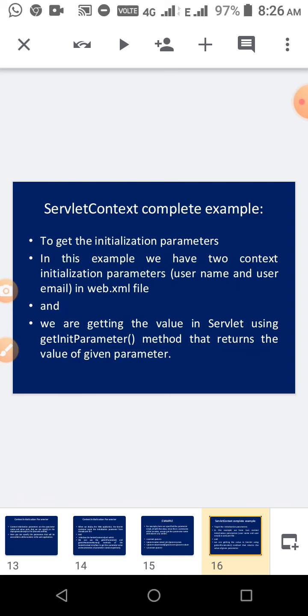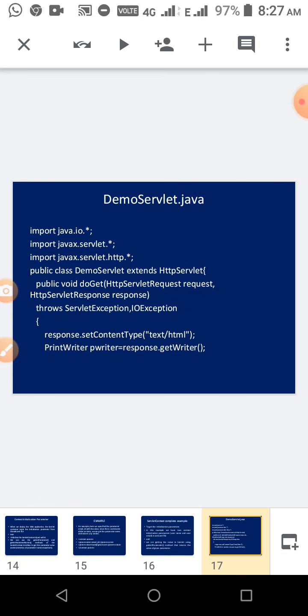How are we retrieving? To get the initialization parameters, in this example we have two initialization parameters: one is username and then mail, which are used in the XML file. So the details available in the XML file are username and mail ID, and then we get that value in the servlet using getInitParameter. Okay, so what is given in this servlet? This is a new servlet we are creating, DemoServlet.java,